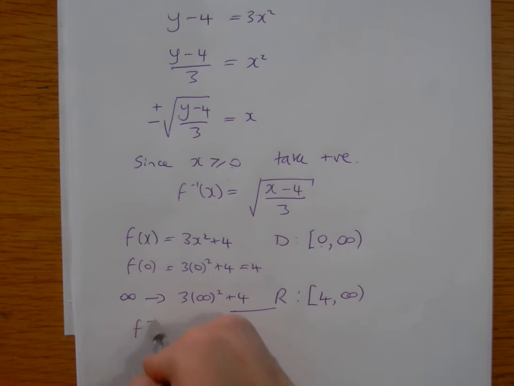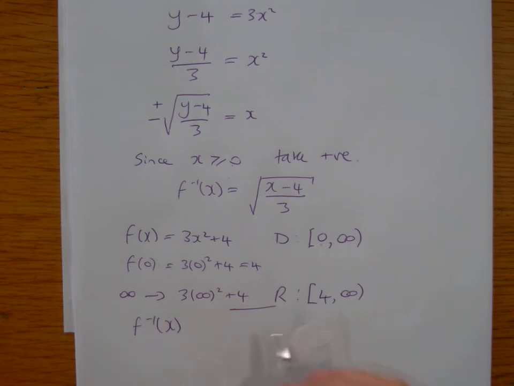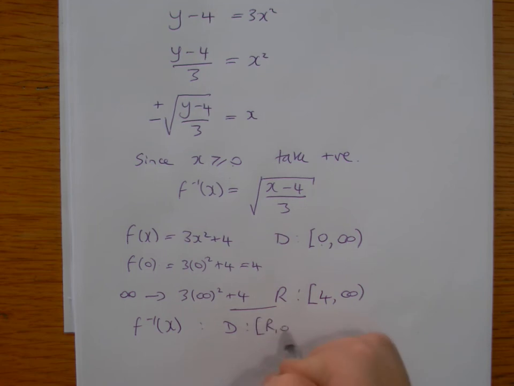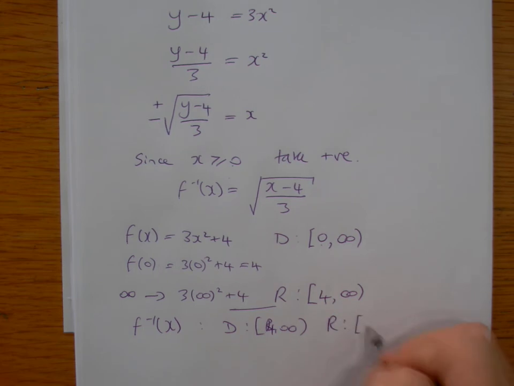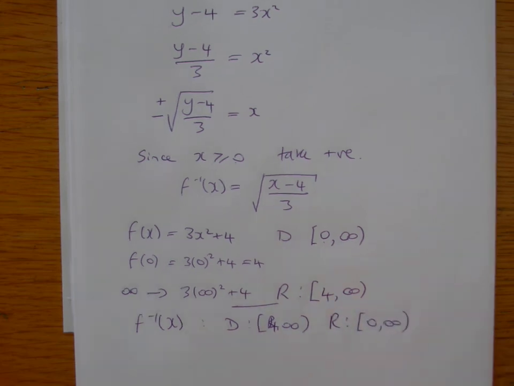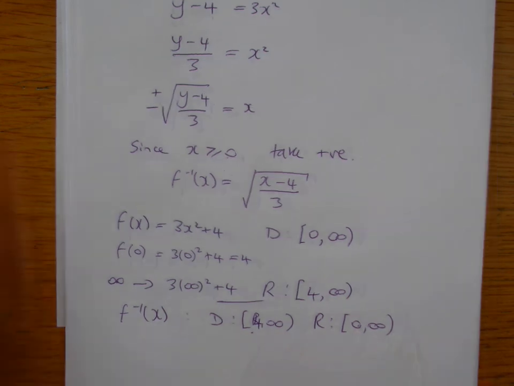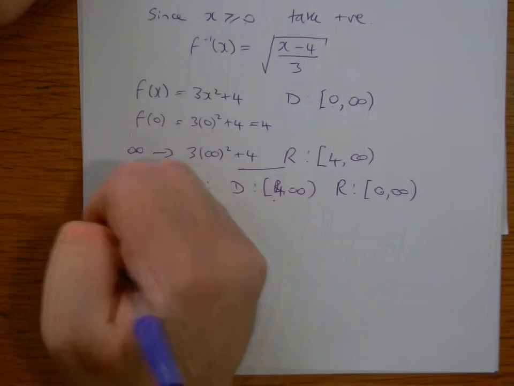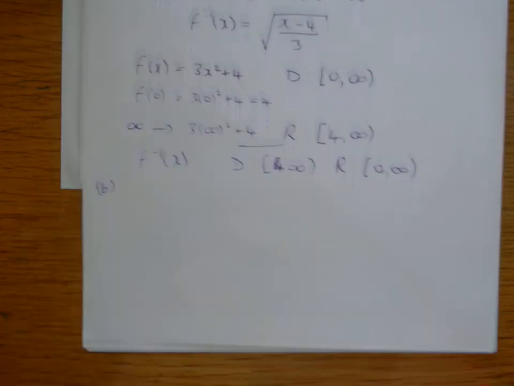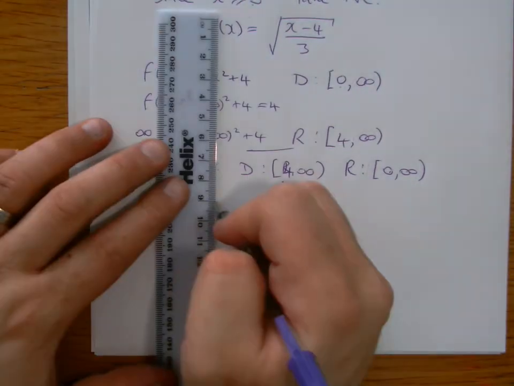Then for the inverse, f to the minus 1 of x, the domain then will be the range of f, and the range will be the domain of f. So they just switch round, yeah? So we've got 4 to infinity there, 0 to infinity there. And then in part B, we're asked to sketch. So, do you know what? The easy one to sketch to start with is